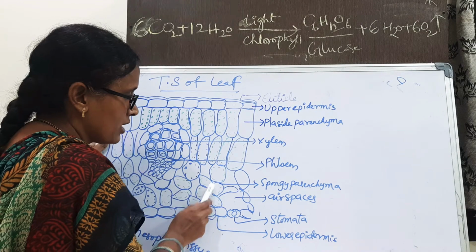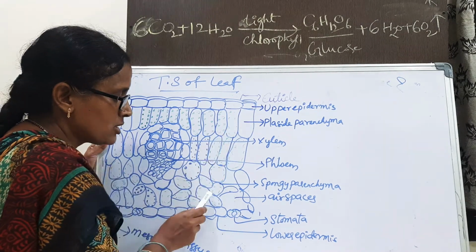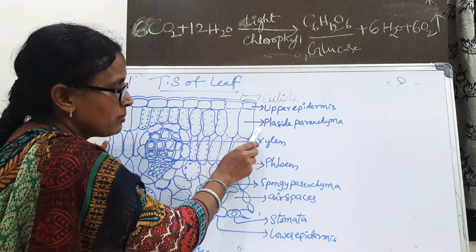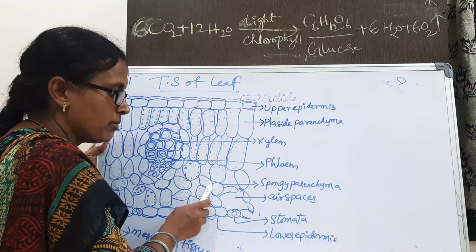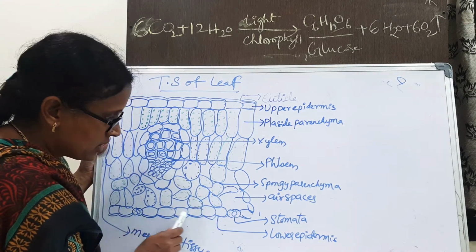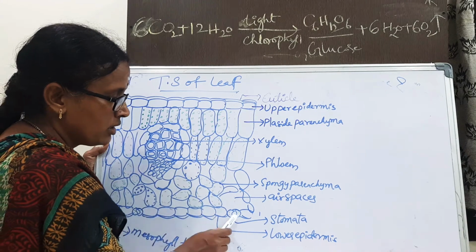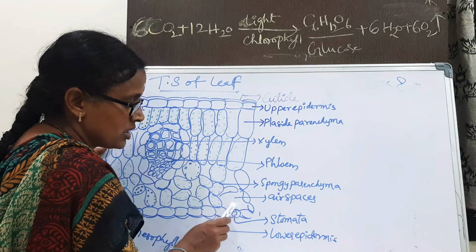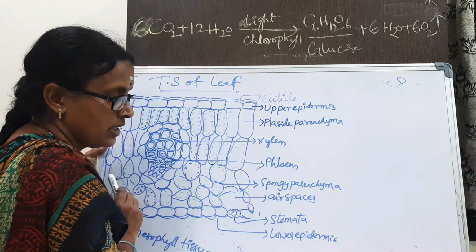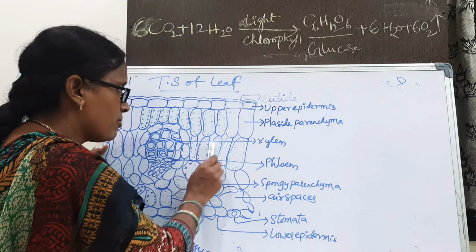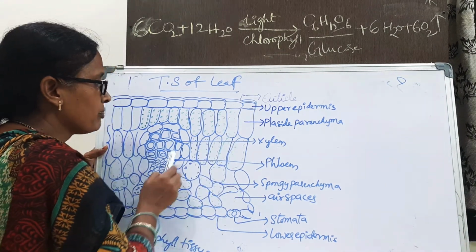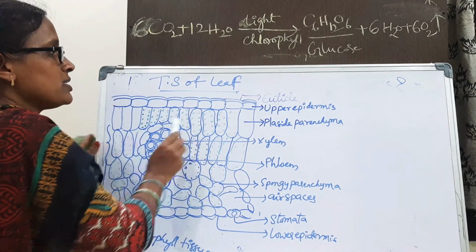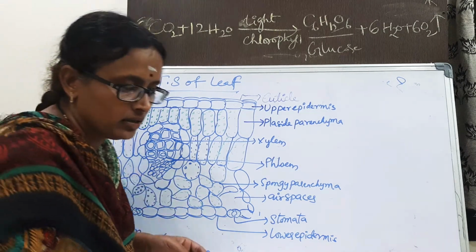Here is the sponge parenchyma. In total, palisade parenchyma and sponge parenchyma make up the mesophyll. It is like a palisade, pillar-like, so it is called palisade parenchyma. It is sponge-like, so sponge parenchyma. In the lower epidermis we see the stomata, for gaseous exchange. Above the stomata there is a cavity known as air spaces. Lower epidermis, upper epidermis, and the total tissue is mesophyll, and the chlorophyll pigments are present in the palisade parenchyma in the leaf.